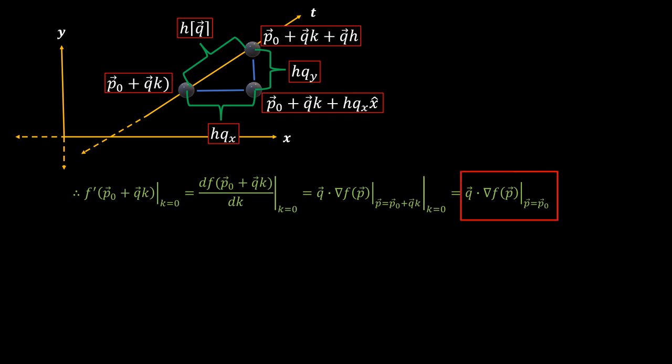Because we're evaluating at k is equal to 0, we're going to get the dot product between the q and gradient vectors evaluated at p is equal to p naught, which is the equivalent